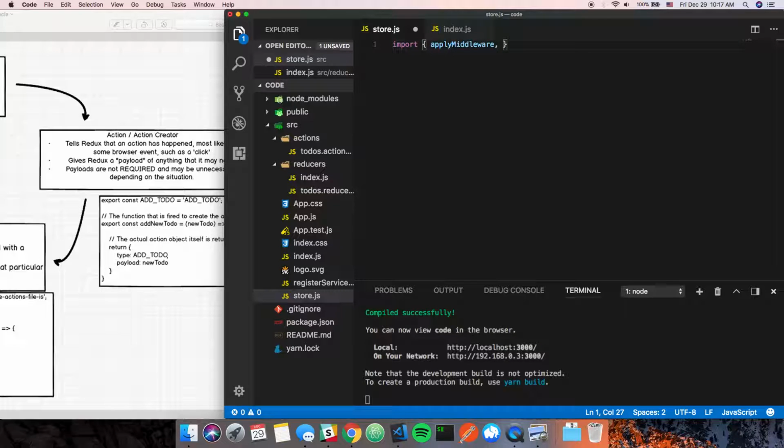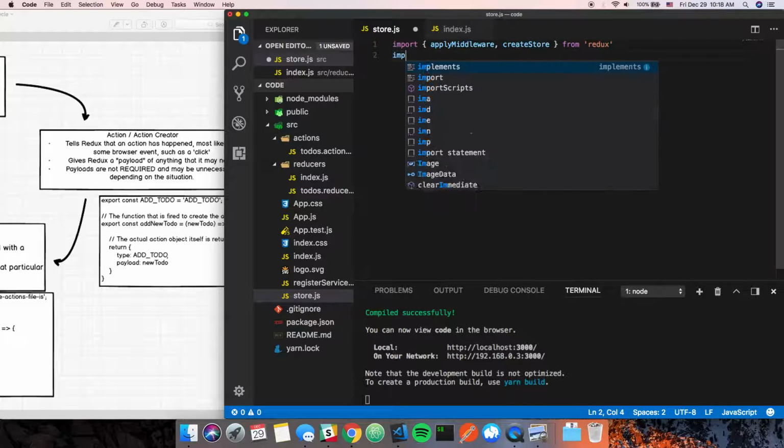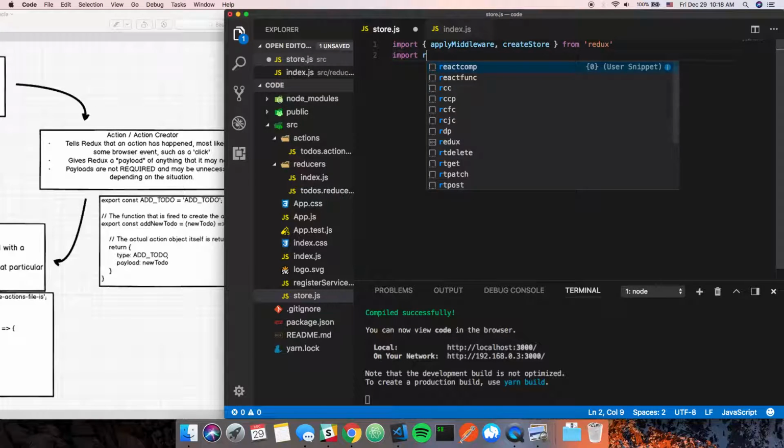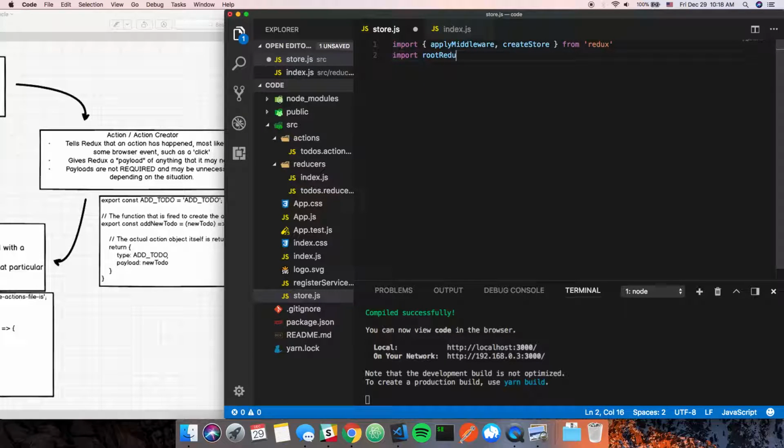Then we're going to have what's going to actually create the new version of the store itself from Redux. Then we're going to import our root reducer. So import rootReducer from